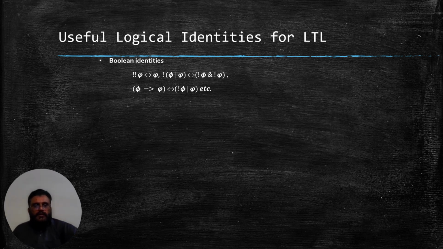So if we double negate some formula, then we get the original formula back, as shown by this result. And if I pass the negation onto this OR operator inside the parenthesis, this is logically equivalent to saying not phi and not psi. So the negation has been distributed to both the components of the formula, and OR has changed into an AND. Similarly, this implication is